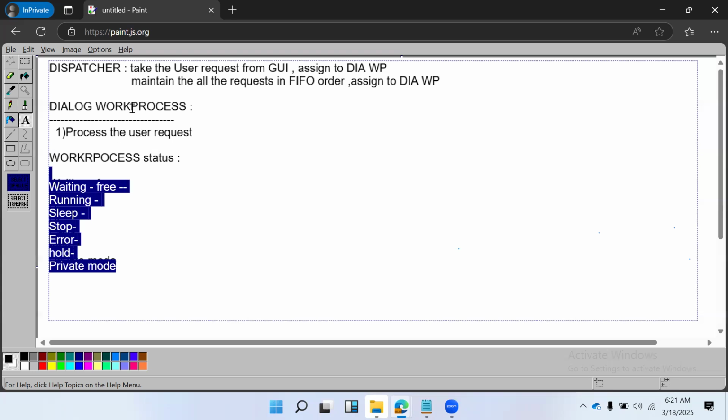So each work process mode, we can see this mode in the SM50 and SM66 transaction codes. SAP is a transaction code based concept. That means if you enter the transaction code,